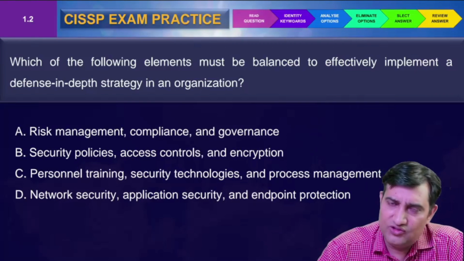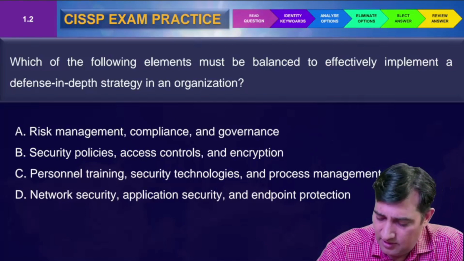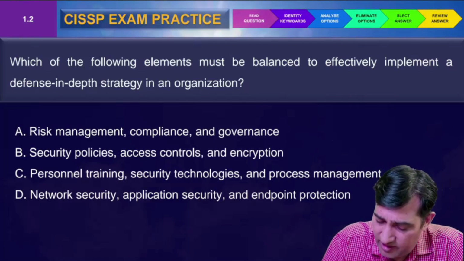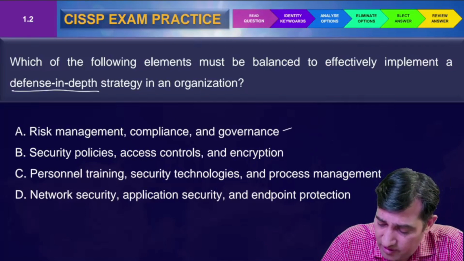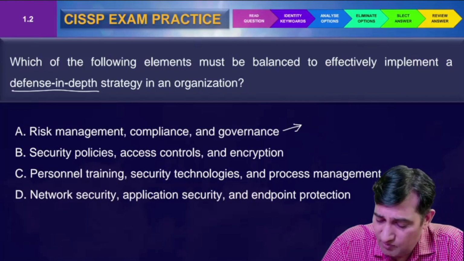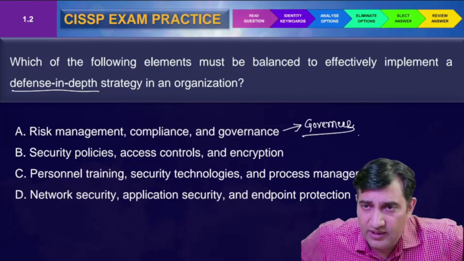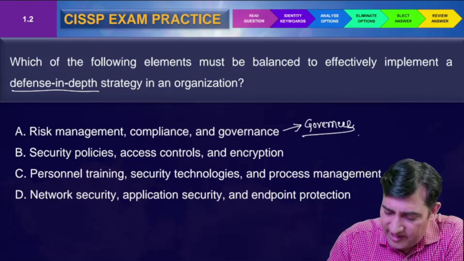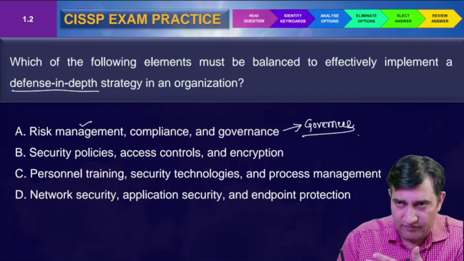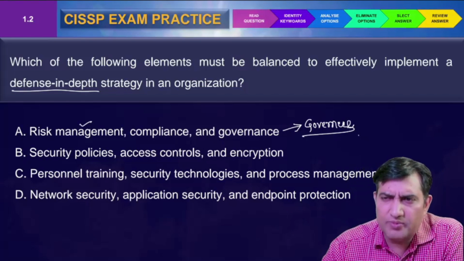Let's now understand these options. Option A says risk management, compliance, and governance. Guys, don't you feel we are talking about defense in depth? Obviously, we are going to take care of all these kinds of things, but this is talking at a very high level, and this is more about the governance part. Only governance is not what security is. Governance is on top of the entire information security program so that you are able to manage it well. Risk management is one of the inbuilt components of the same thing, and this is more about the governance part. So I don't find it so interesting.